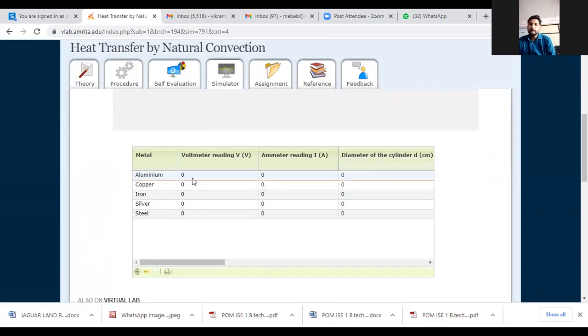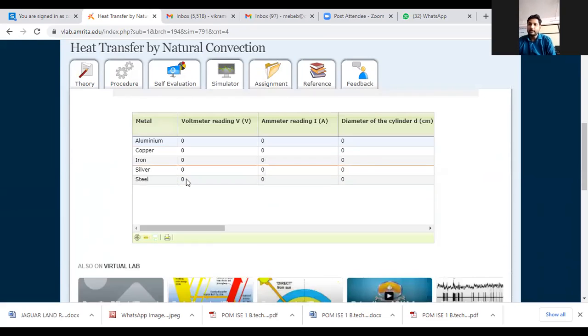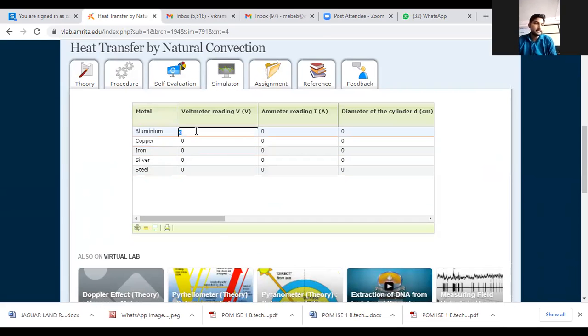Now, whatever material we have selected at the bottom side of this simulation, this Excel sheet is provided, in which the calculation formulas are put up for each tab, so these are formulated Excel tables. We need to just put the data in that Excel table, and we'll get the answer directly. So, the voltage reading: first of all, we have to select the material.